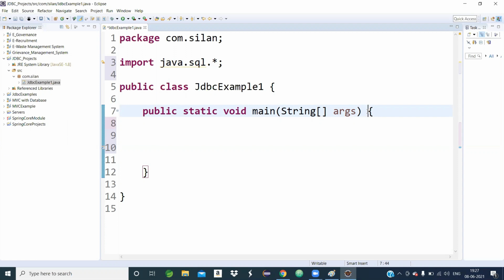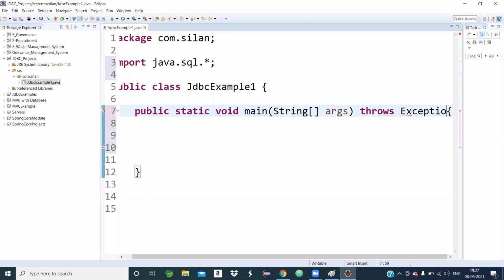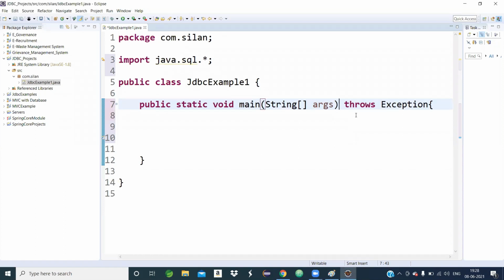How to avoid a checked exception, that point we have also studied: by using either a try block and catch block, or I will write the throws keyword, throws Exception. Why did I write Exception? Suppose I don't know exactly which exception is arising in JDBC, so overall I wrote Exception. Exception is the parent class of all types of exception.